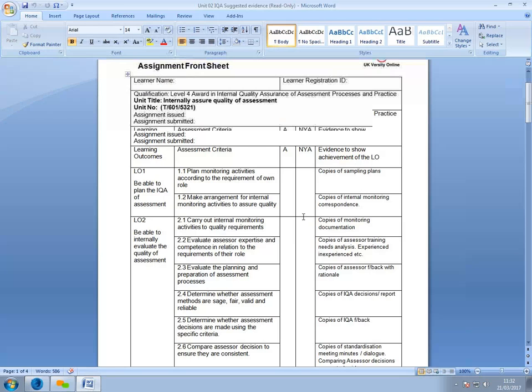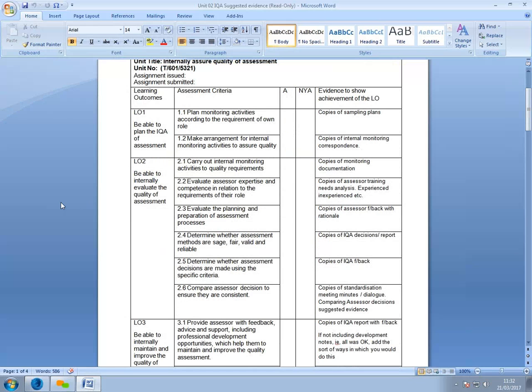The next one is a little more difficult, or could be, I can understand it being a little more difficult. That's evaluate assessor expertise and competence in relation to the requirements of the role. One of the things that I can suggest is that you have, I've put in here, copies of assessor feedback with rationale. In other words, where you've actually advised an assessor on something or said that you need to do this or you need to do that. Copies of the reports will do, but also,